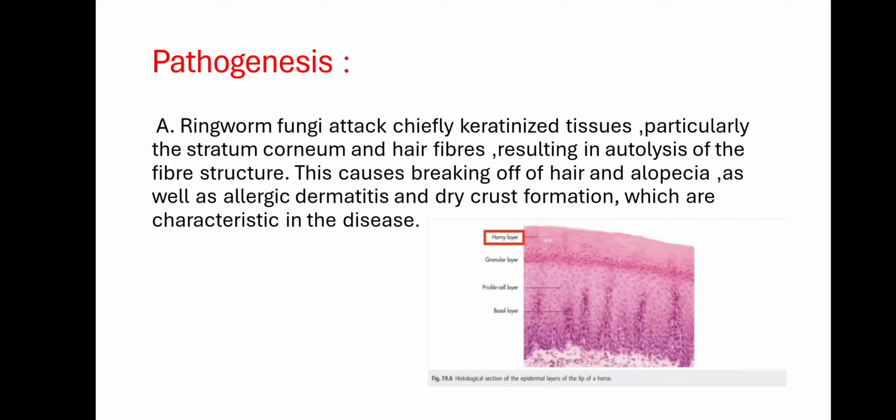Pathogenesis: ringworm fungi attack chiefly keratinized tissue, particularly the stratum corneum. This is one of the layers of the epidermis. The epidermis has 5 layers, one of them is the stratum corneum, or another name, the horny layer. The fungi attack this layer and hair fibers, resulting in autolysis of the fiber structure. This causes breaking of hair and alopecia, as well as allergic dermatitis and dry crust formation, which are characteristic of